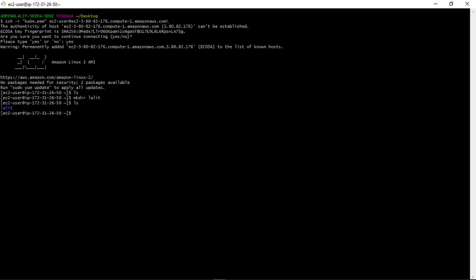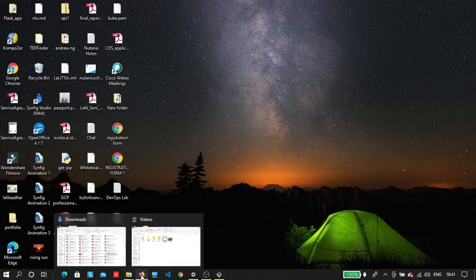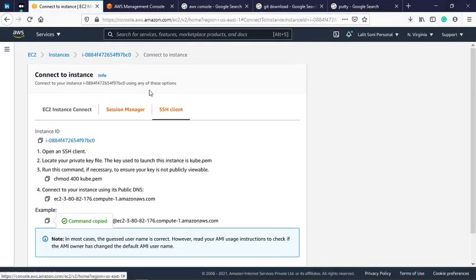You can do your work, and afterward you have to exit, so that you are again on your local machine. Right now we are on the local machine. So guys, in this way you can connect to your EC2 instances. This was just a demo so that it will be useful for all.